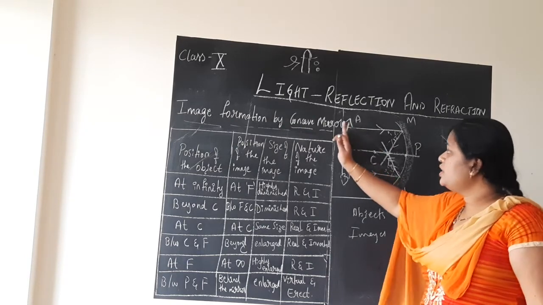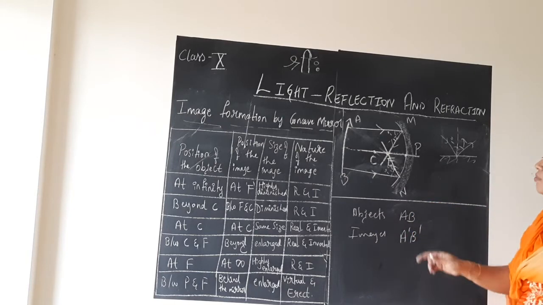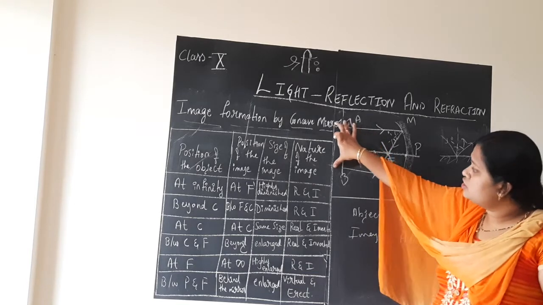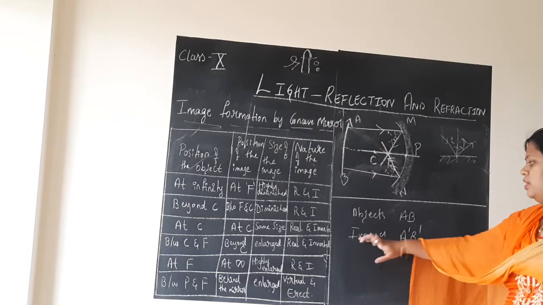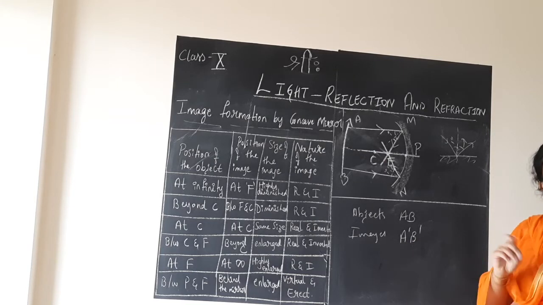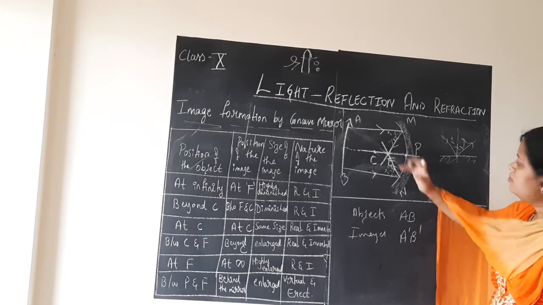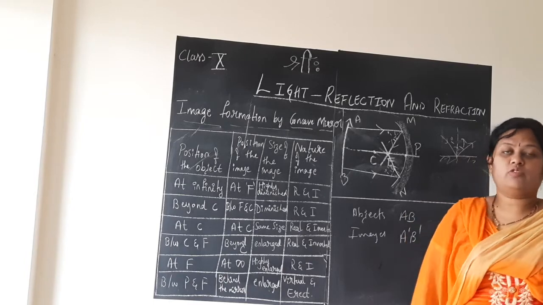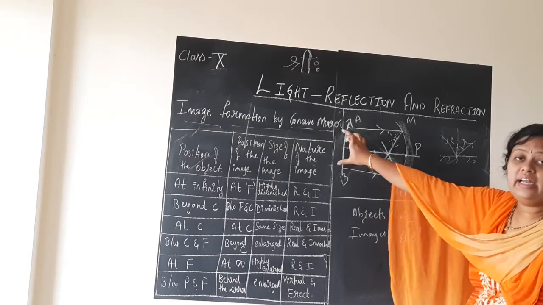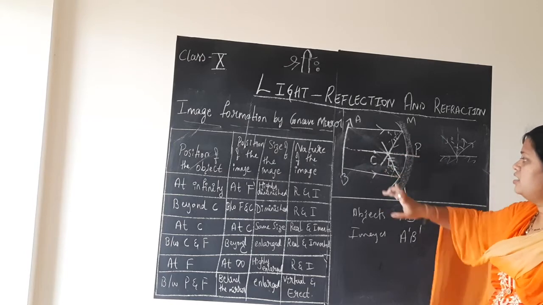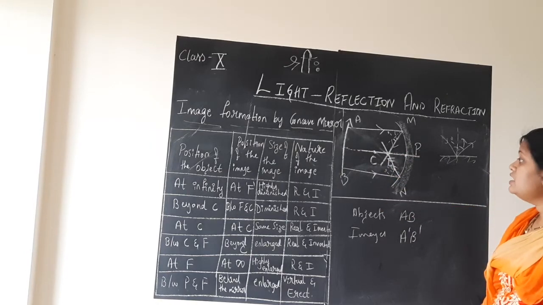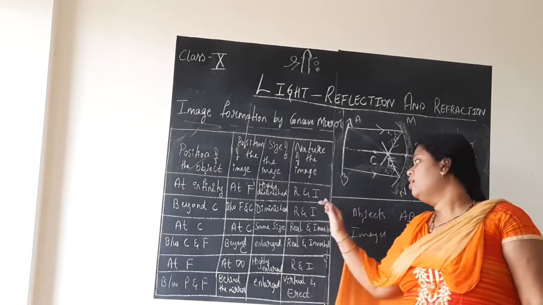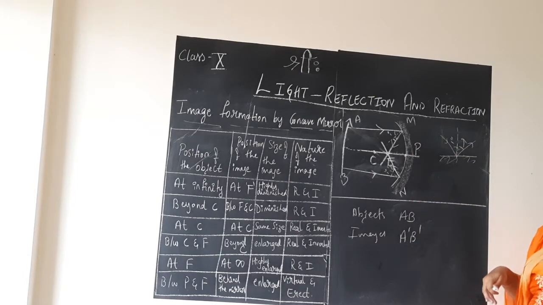So, when the object is placed at infinity, the image is formed at the principal focus of the mirror. The object length is AB. I told you the image is represented by the letters A dash, B dash. Here, can we see the image? We can, because the reflected light has met at a coinciding point. But children, like the height AB, we cannot see A dash, B dash written here. That is the reason we say it is a highly diminished image, and also the image formed is real and inverted.